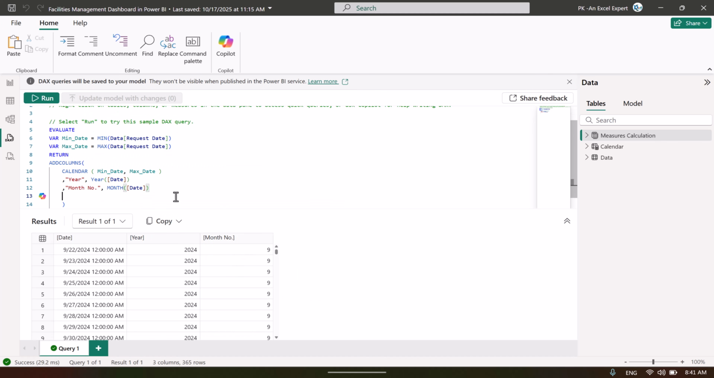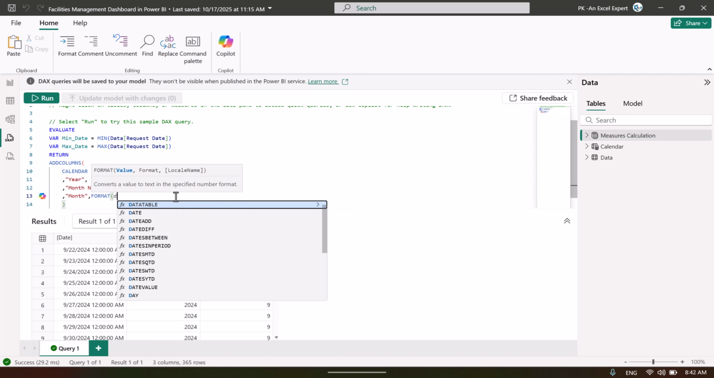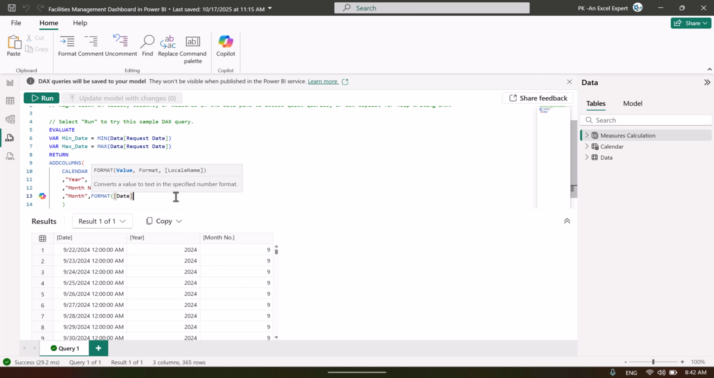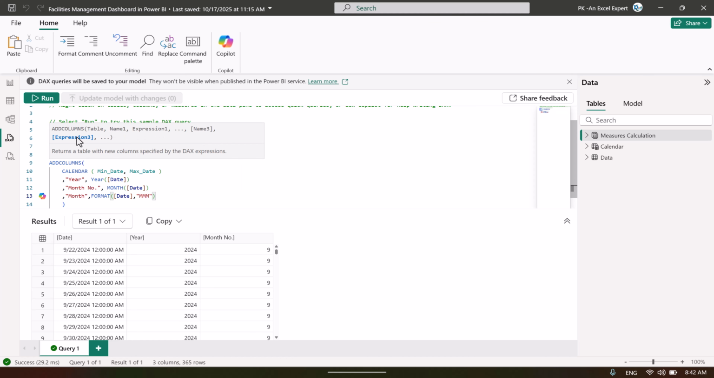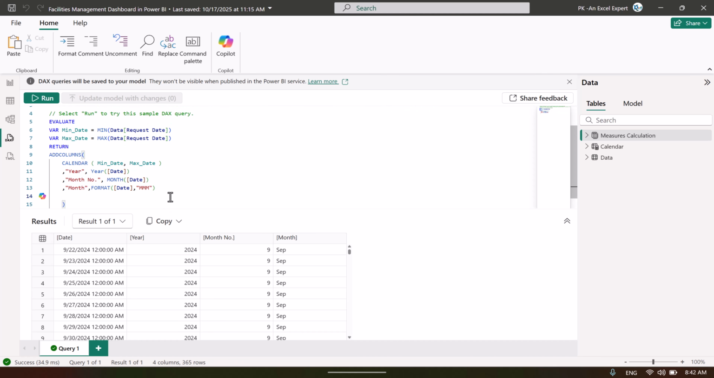You can take the month name also, or only month. So let's say I'm taking here month, then you can put here mmm thrice or 4 times, it's up to you. First use the format function, then use date, the square bracket date, and then put here mmm thrice and run this. We can see month is also here,